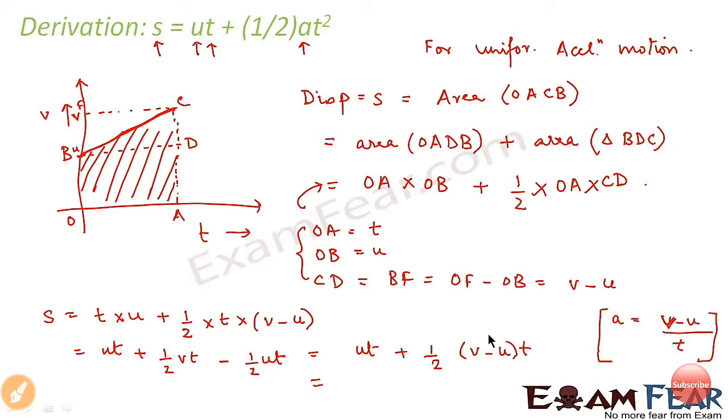So instead of V minus U, we can write AT. We put V minus U as AT into T. So this will be equal to UT plus half AT square. I guess it is not very difficult. It is very easy to understand and you can derive it very easily. That is, we have derived displacement is equal to UT plus half AT square. We know that for